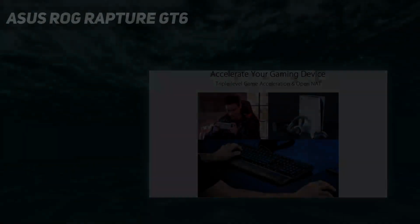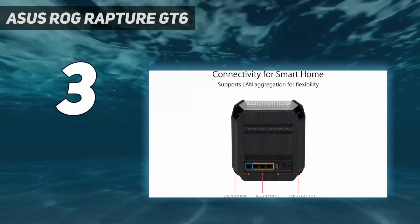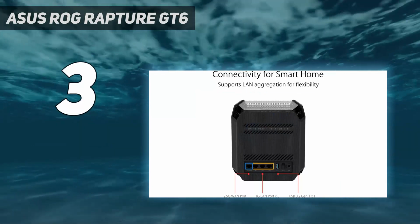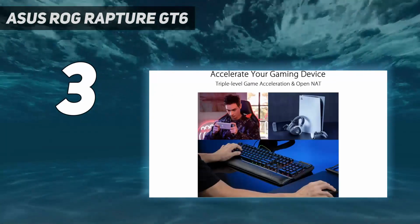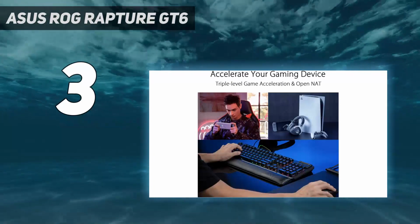At number 3. Asus ROG Rapture GT6. The Asus ROG Rapture GT6 is a mesh router designed specifically for gamers that pushes Wi-Fi 6 to the max, part of Asus Republic of Gamers line. This mesh Wi-Fi system is available in a 2-pack and can cover up to 5,800 square feet with a strong